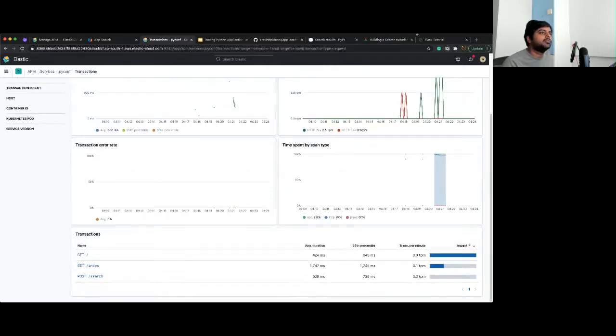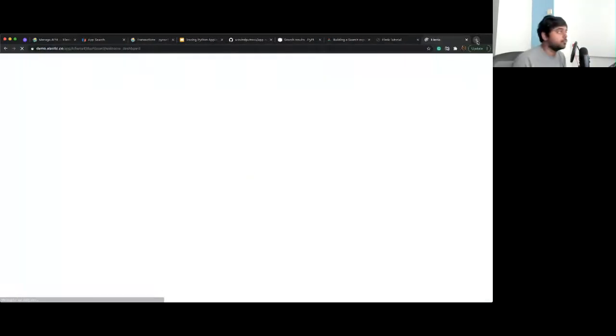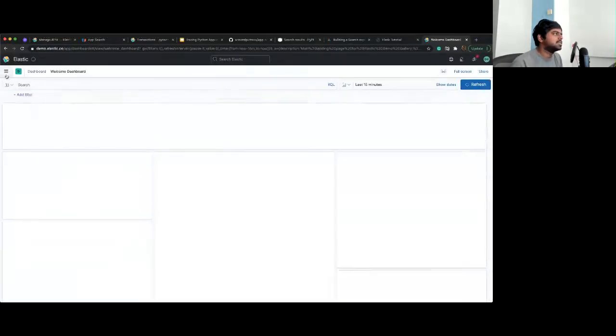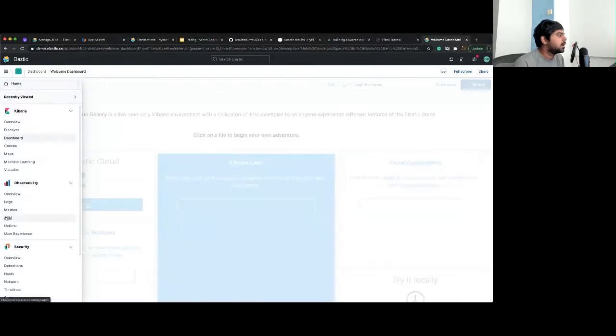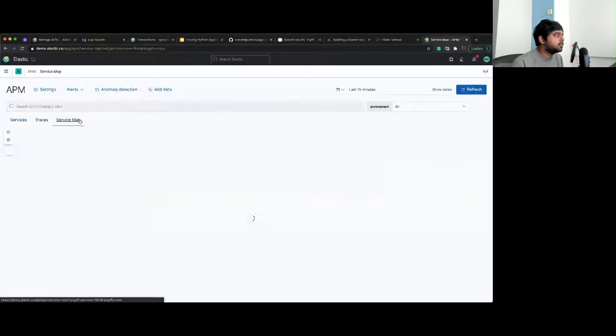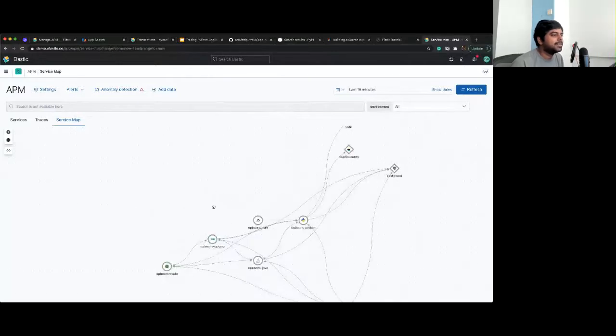I could show you a much more live example if you want to showcase to anyone. There is demo.elastic.co, which is a demo site that we have, which is the same kind of site, but we run a much larger microservice application. Just for seeing, you see that there are multiple applications, and there is also something called a service map through which you will be able to see how the data is flowing through the entire thing.